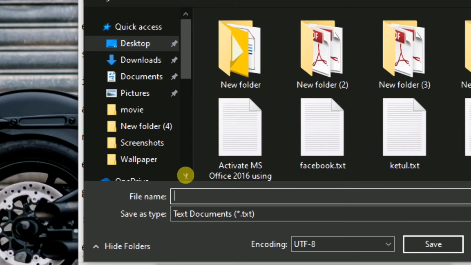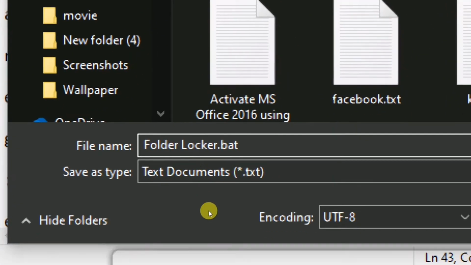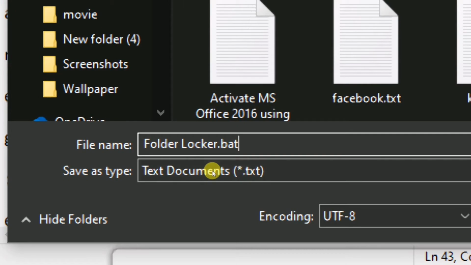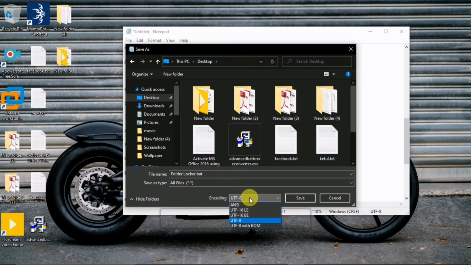I'm giving the name folder locker dot bat. Make sure you give the extension .bat, and the encoding as ANSI. ANSI. Save that.